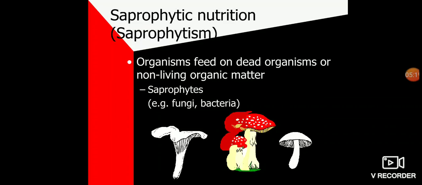But there are some useful fungi also. Some fungi which are useful are mushrooms and yeast. Mushrooms are used as food in many areas, and yeast is used in food and to produce alcohol. Some fungi are also used for making medicine. For example, the penicillium fungus is used to make an antibiotic called penicillin.